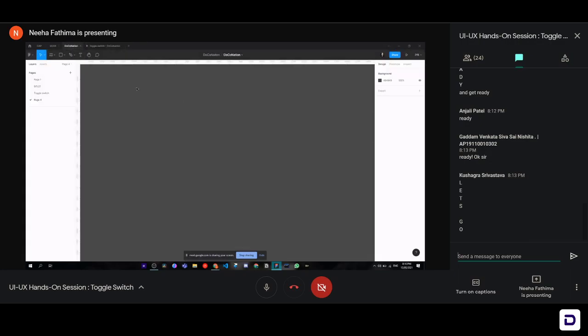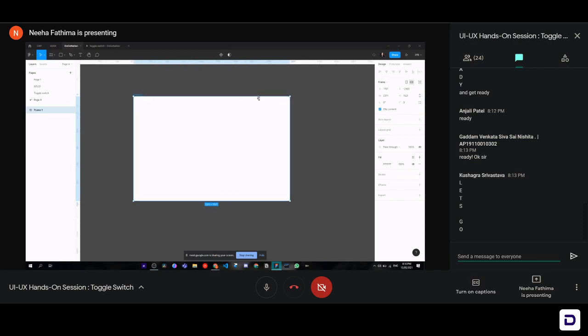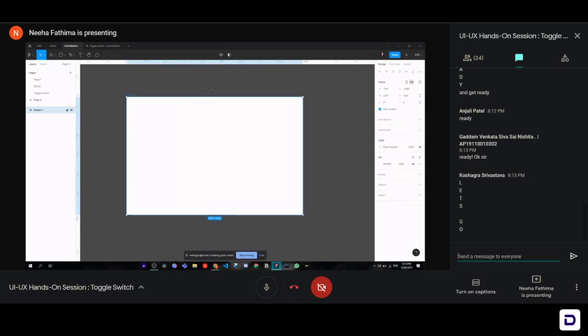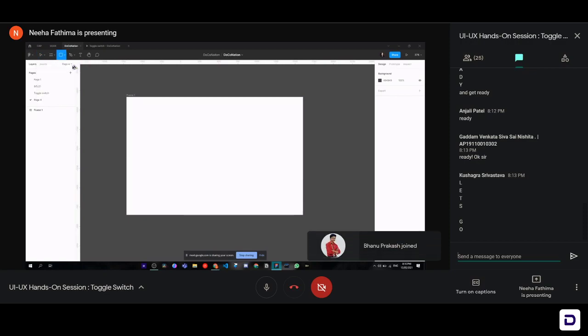Okay. So the first thing that we'll do is we'll go to our tools bar and select our little frame from here and drag and draw a little frame, zoom in a little bit. Okay, so now we're going to start making the little button. So to make the button, again, we will go to our tools bar and select our rectangle from here and drag it along.